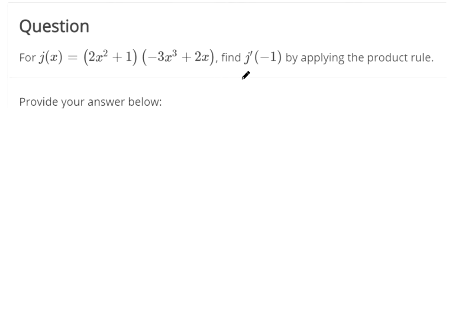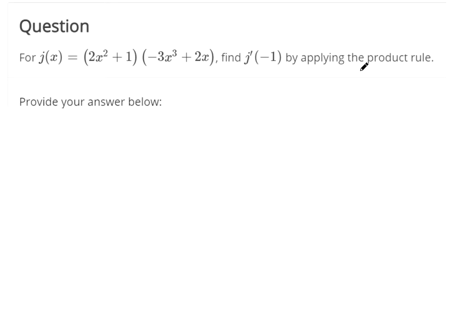So the power rule, the product rule, I get my P rules mixed up. The power rule is the one where if you're trying to find the derivative of x to the third, the 3 would come down, and the power gets reduced by 1. That's the power rule. We can use the power rule inside something called the product rule to help us evaluate